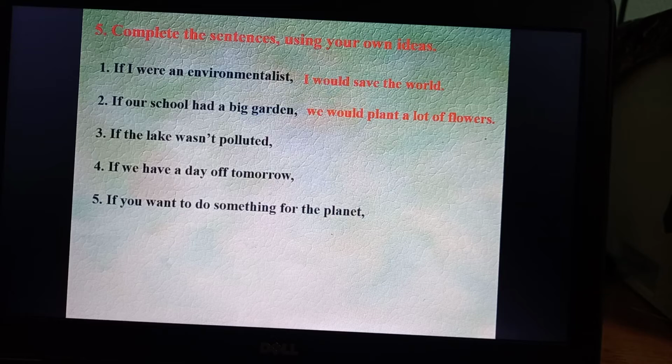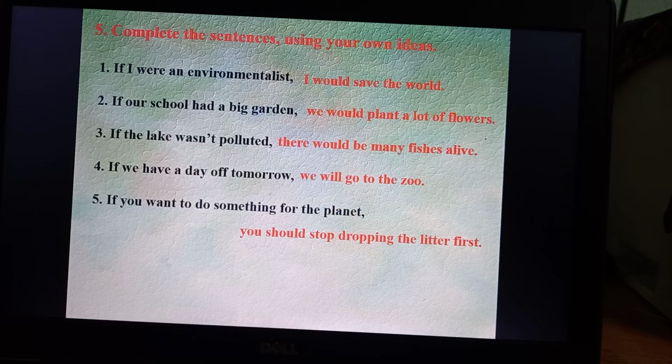Now you think about the aquatic animal or aquatic plant. There would be many fishes alive. And number 4, if we have a day off tomorrow, where will you go or what will you do? We will go to the zoo. Number 5, you want to do something for the planet. What will you do? You should stop dropping